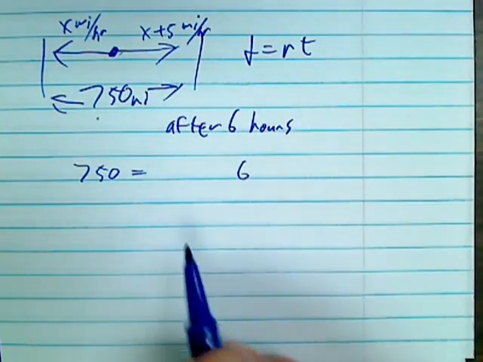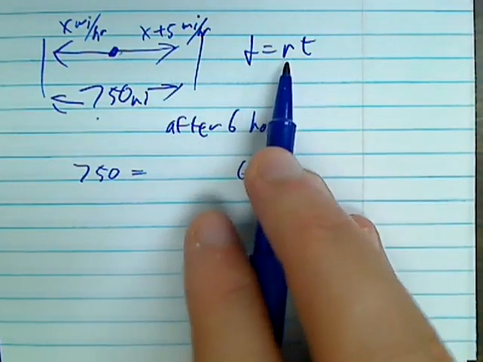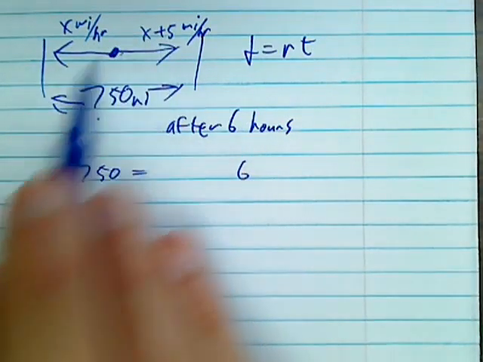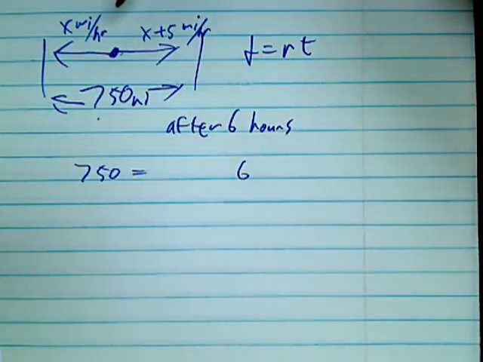6 is the time. I skipped the rate, right? I got to the rate and it just kind of said, all right. Now, I did everything else. I have to think about the rate. No more excuses. Okay, so I started here in the middle, and they're traveling away from each other in opposite